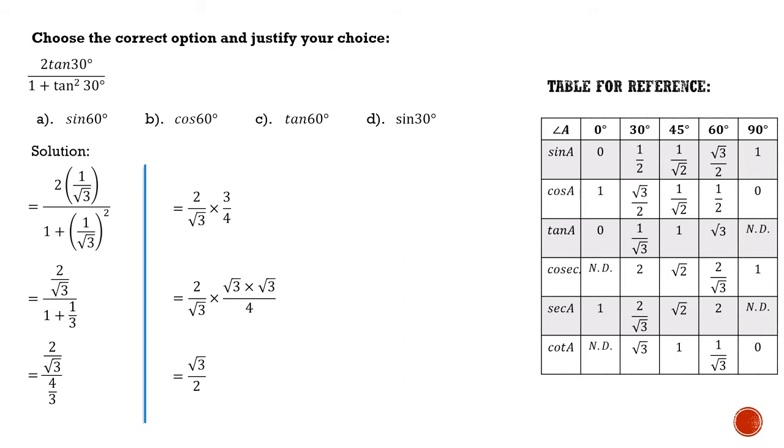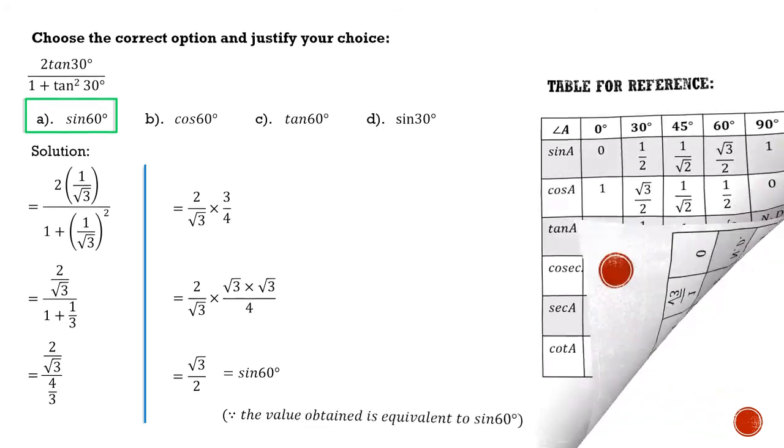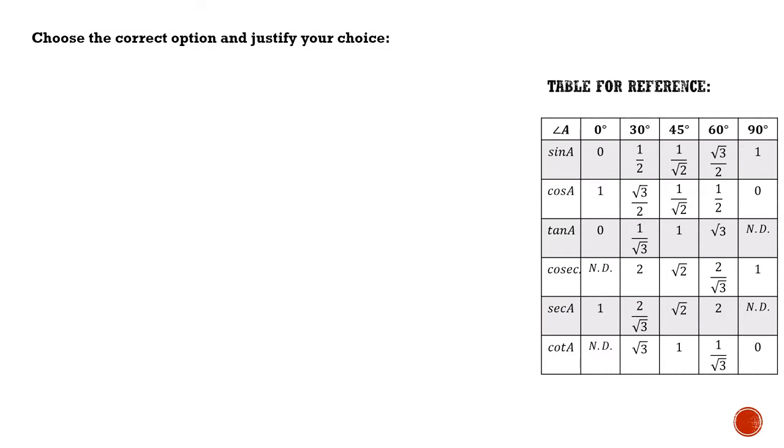Now you have to look for the cases when the given identity gives you the answer of root 3 by 2. So sine 60 is one such value which gives you the answer of root 3 by 2, and that option is given in the question here as A. So the answer will be sine 60. Simple, and that's how we will be highlighting this fact. Okay, let's go ahead and look at some more examples of the similar kind.